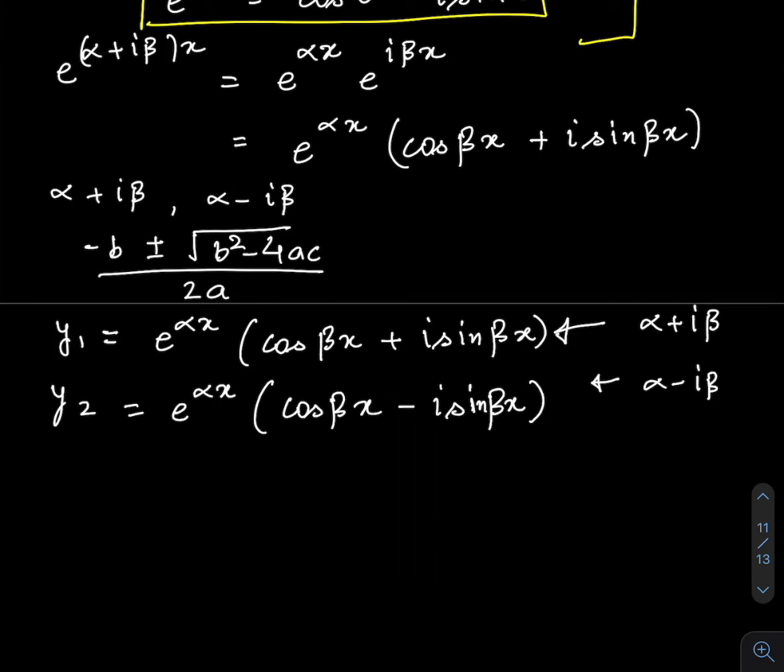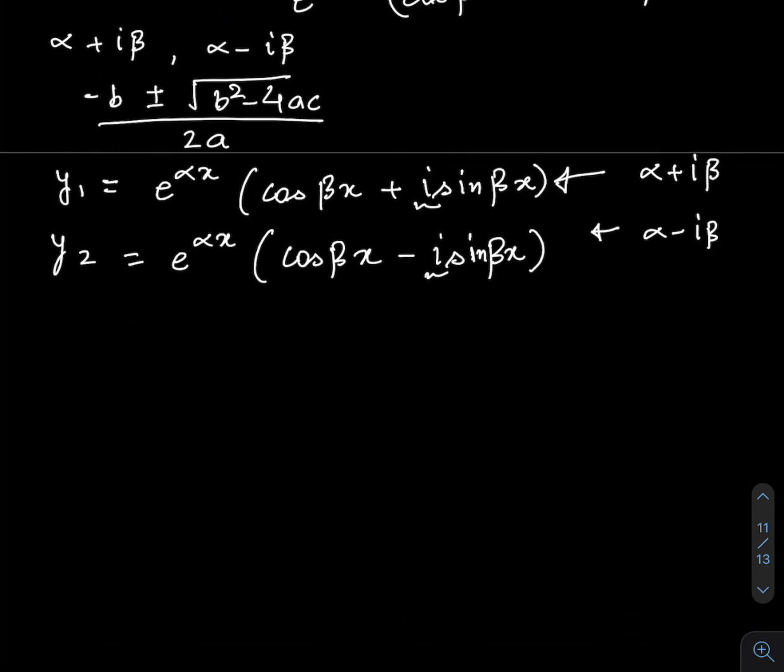If we know two linearly independent solutions of a second order ODE, we can easily write down the general solution, right? That's not difficult. The general solution is going to be the linear combination of these two solutions. But if you see here, we have some complex things involved. What we want is a real solution to our ODE. That's why we are doing all this. But we still have this i involved over here. So what we can do is